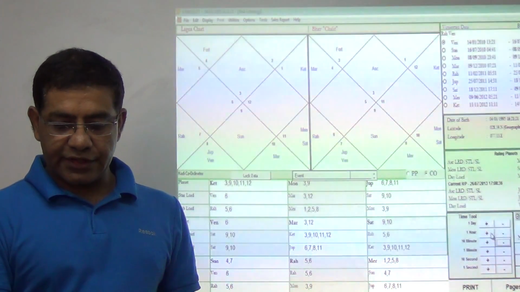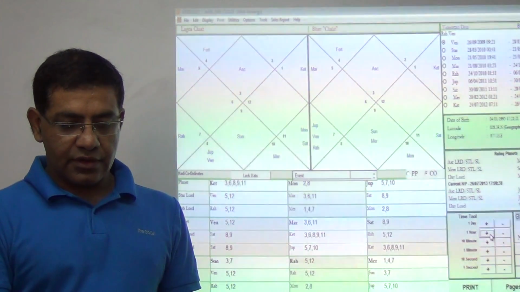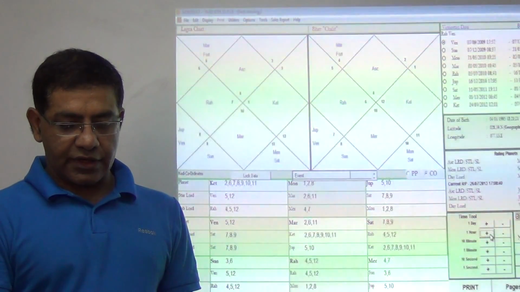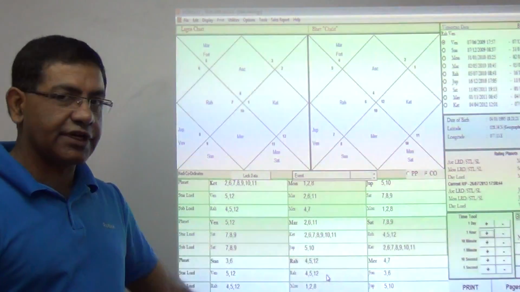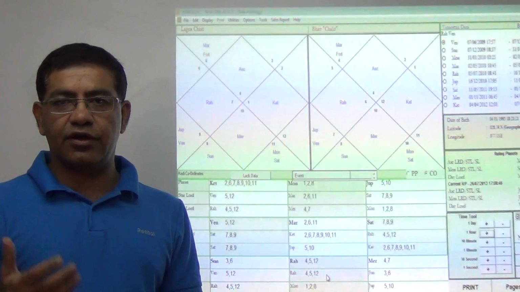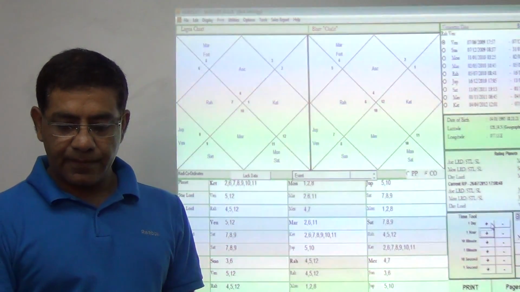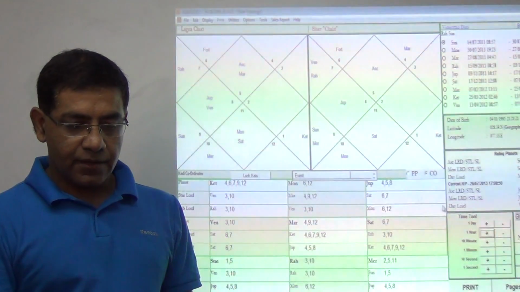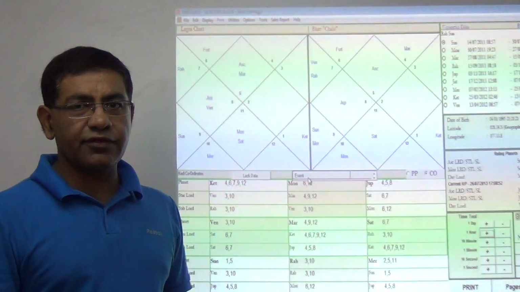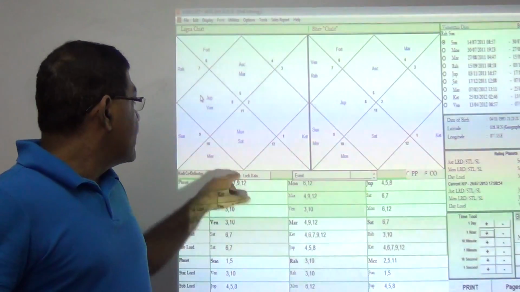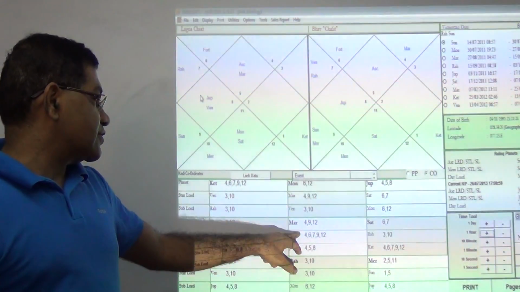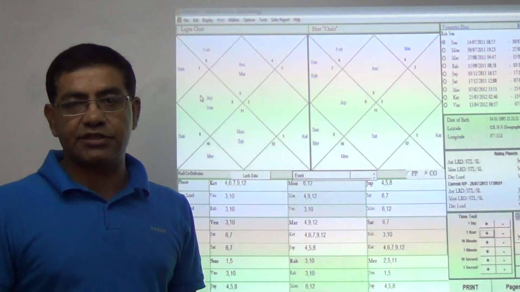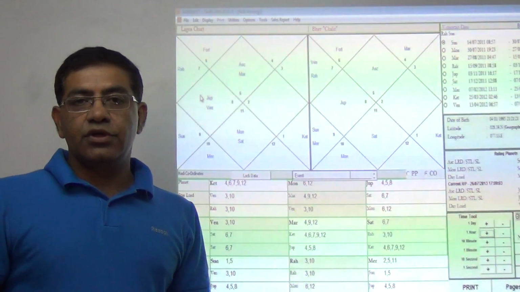Now you see, I increase the time by, say, 1 hour. Rahu was in the 5th house and now Rahu has shifted to the 4th house. The results of Rahu will obviously change. When it goes to the 3rd house, again it will change. You see, when it has gone into the 3rd house, the results are altogether different, because Venus's results are different. Now Venus signifies the 3rd house, so Rahu will also signify the 3rd. It's as simple as that, you understand.